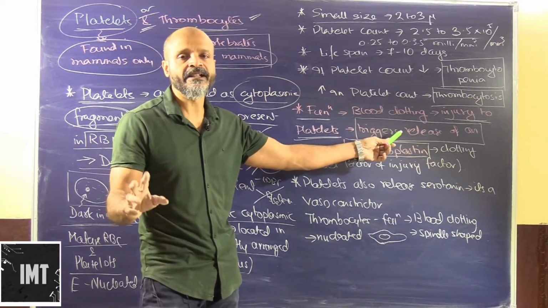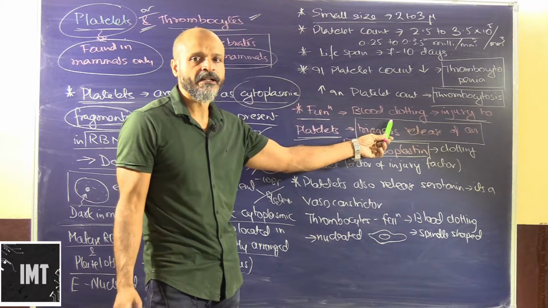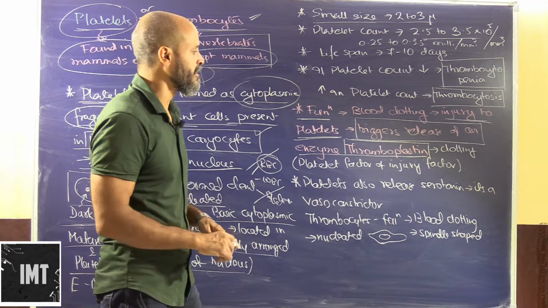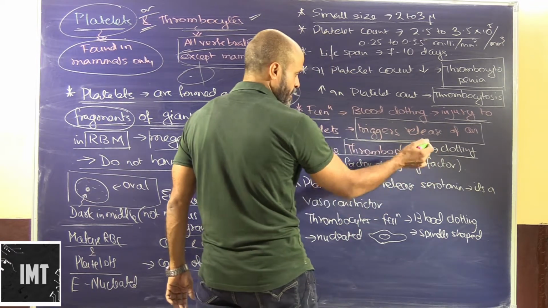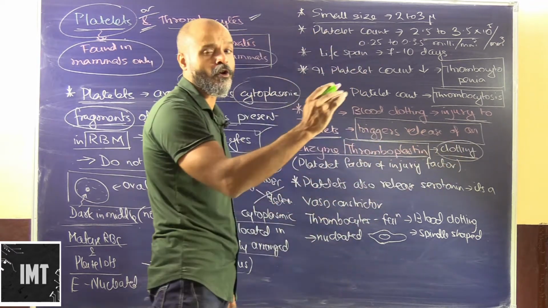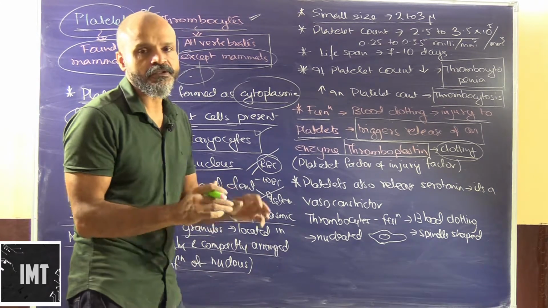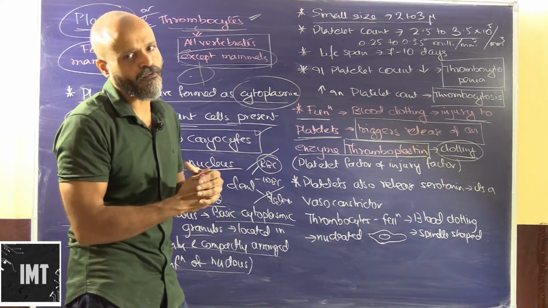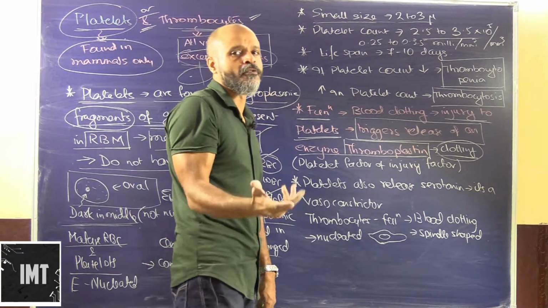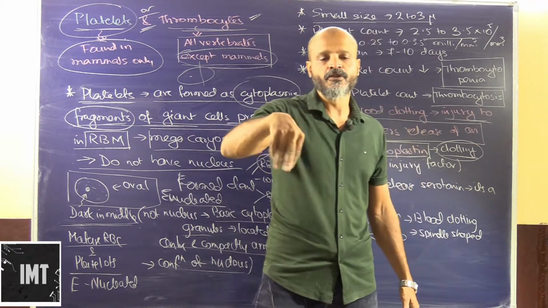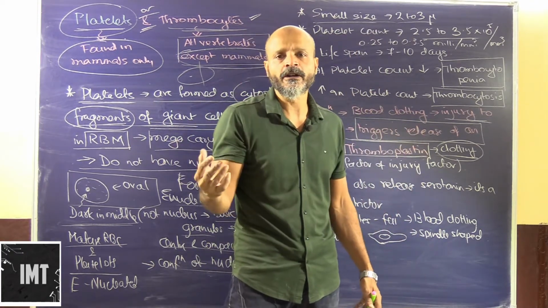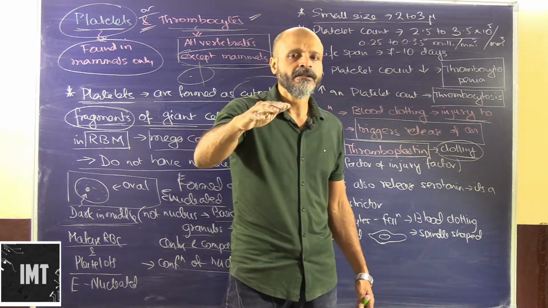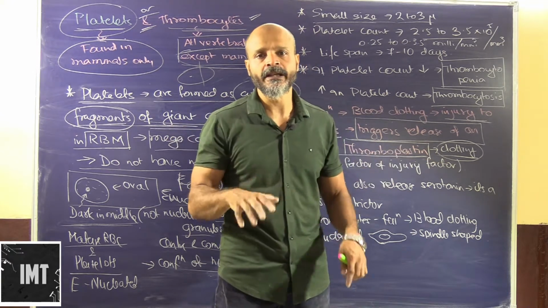So the moment there is an injury to the platelets in the blood, it triggers the release of an enzyme known as thromboplastin, and the clotting. This thromboplastin basically starts the clotting procedure in the blood. Clotting procedure means that there is a mesh of cells formed at the injury site which blocks the blood from coming out. It's like, in households you have seen that the drains we have to drain out water, if a lot of garbage collects at the mouth of the drain, the water doesn't go, it starts to block in the basin.